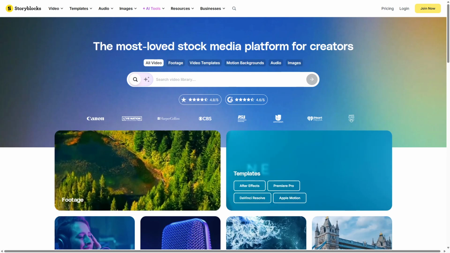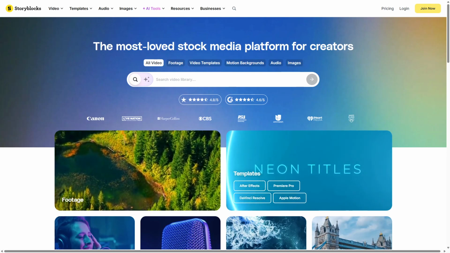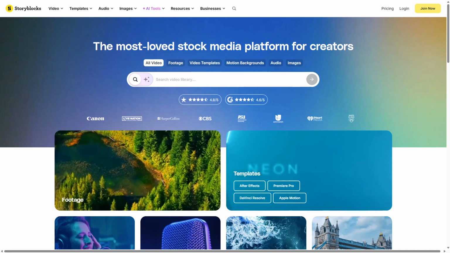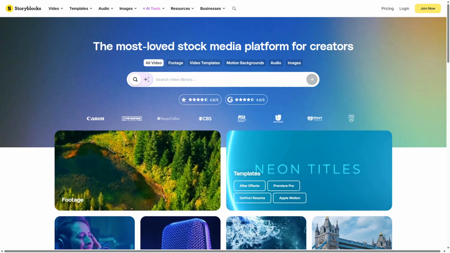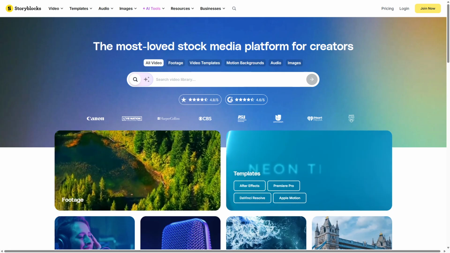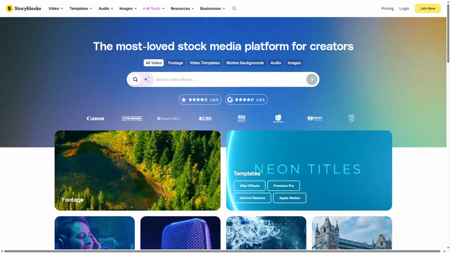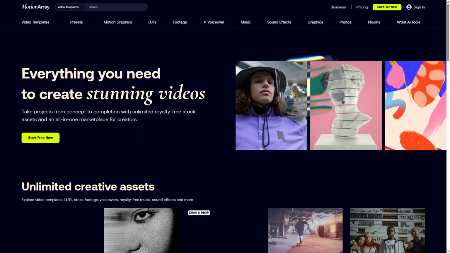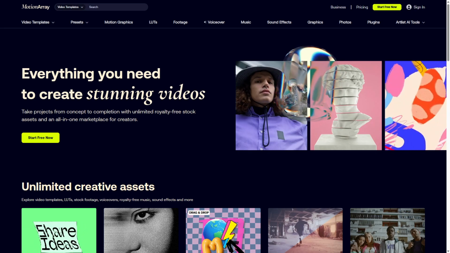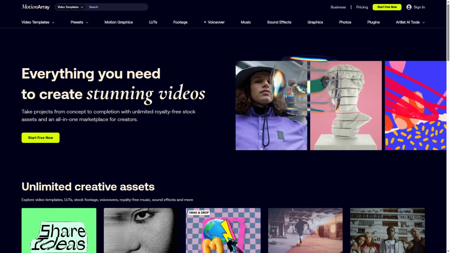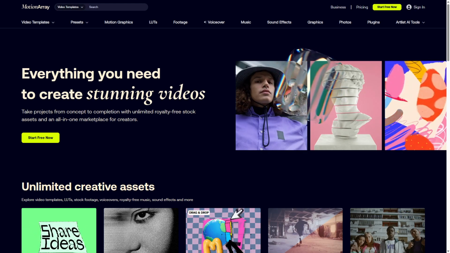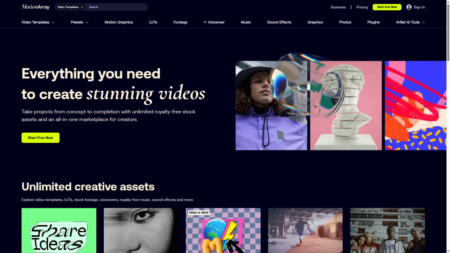Storyblocks versus Motion Array. Choosing the right creative assets platform can transform how you create stunning videos without wasting time or money. Both offer extensive libraries and tools, but their approaches differ significantly. Storyblocks and Motion Array both provide access to high-quality creative assets, but their core difference lies in the scope of their offerings. Storyblocks focuses on unlimited downloads with a subscription, while Motion Array combines assets with advanced project management and